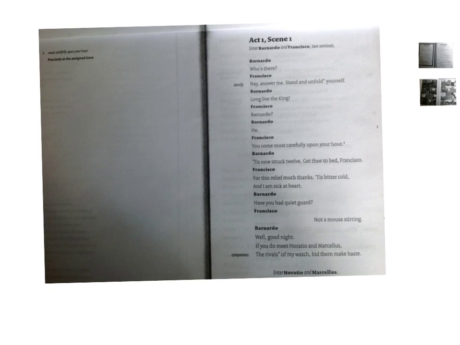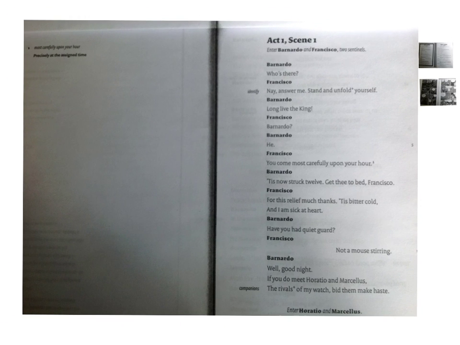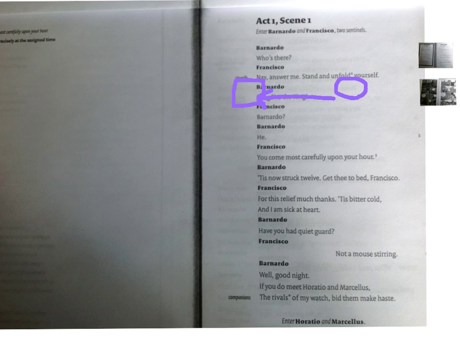Okay, let's just take the very opening lines of Act 1, Scene 1 as an example. If you are reading the traditional version with the glossary on the side, then Act 1, Scene 1 will look like this for you. Bernardo says, "Who's there?" And Francisco says, "Nay, answer me. Stand and unfold yourself." And already we have this little circle next to the word unfold, and that comes over here. The word unfold in this case means identify. So he doesn't literally mean unfold yourself in the way that you'd unfold a piece of paper. He actually means identify yourself.